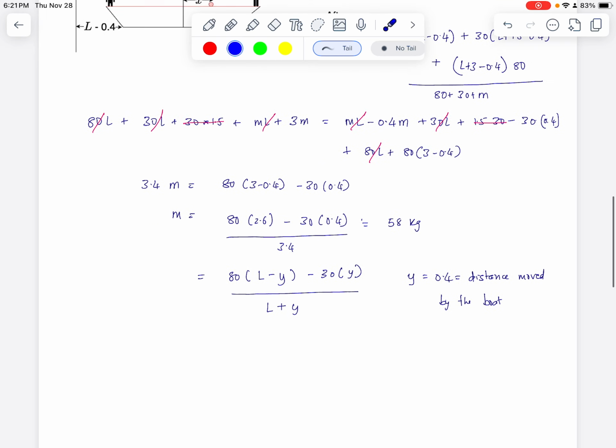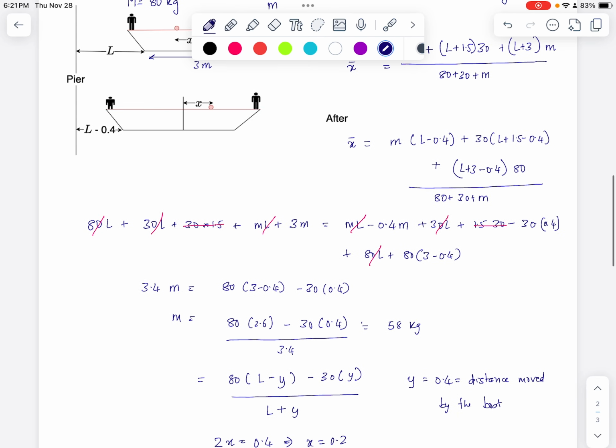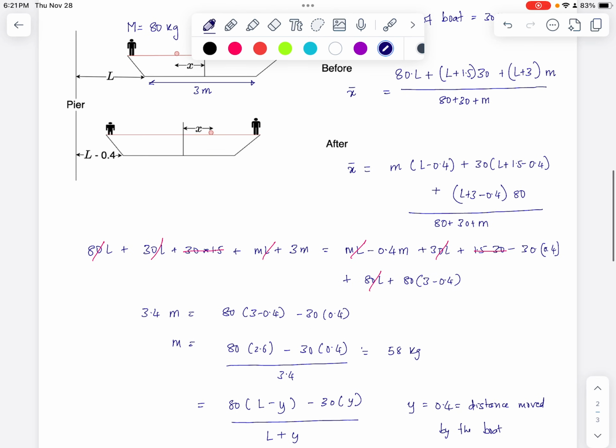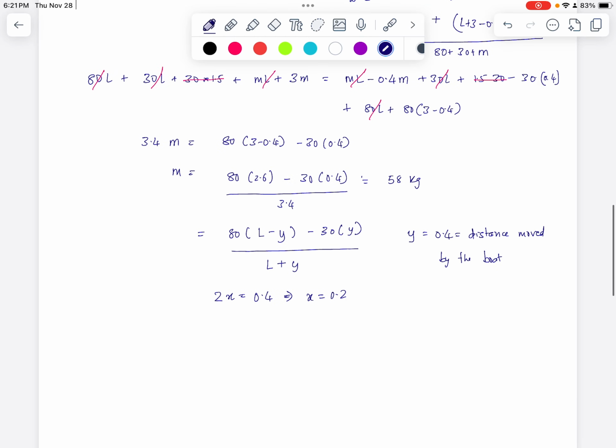Okay, so that's the thing. So here 2x equals 0.4, therefore x equals 0.2. And so if we were to do the center of mass computation, okay, so 80